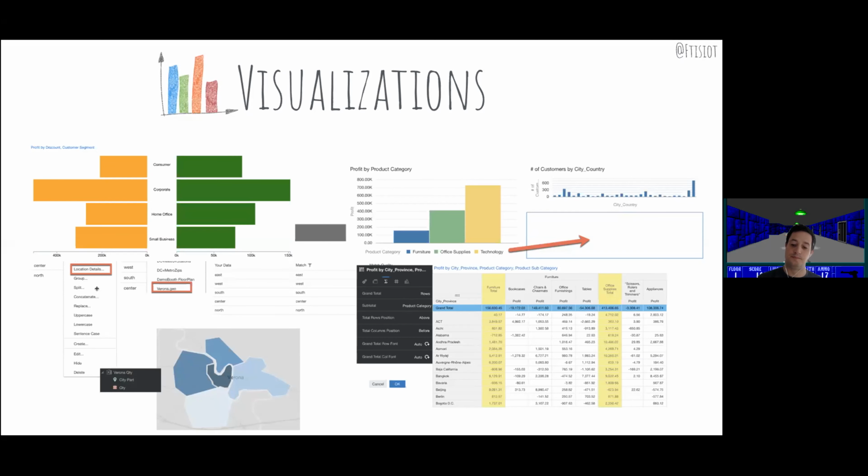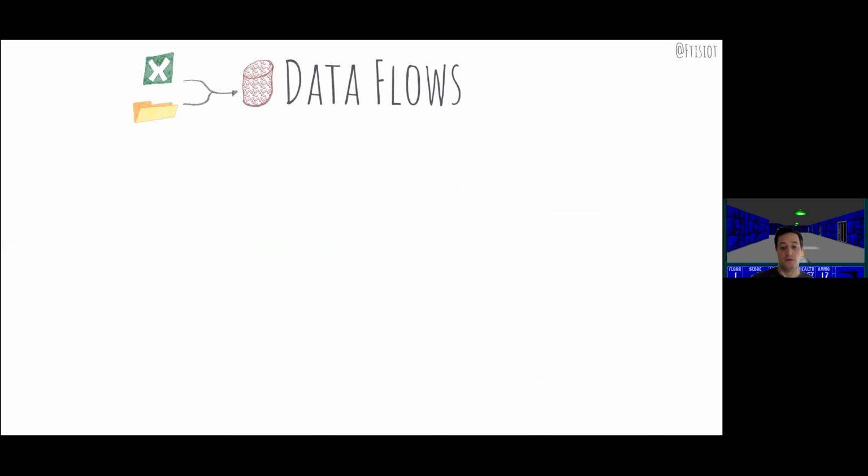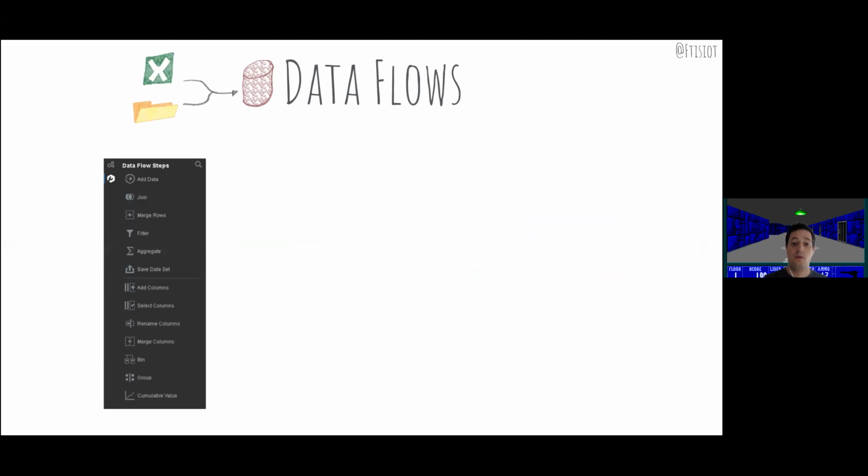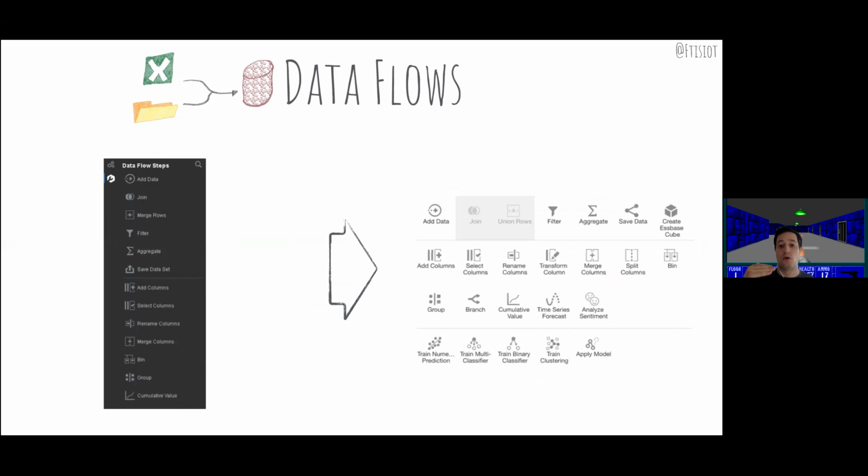For data flows, as I said before, this product was already available on OBIEE 12c. But now we went from something like the image that we have on screen now to a set of more rich options in data flow. So not only do we have a tool that is able to do ETL pipelines, now we have a lot more options in the steps that we can do while doing the ETL pipelines.